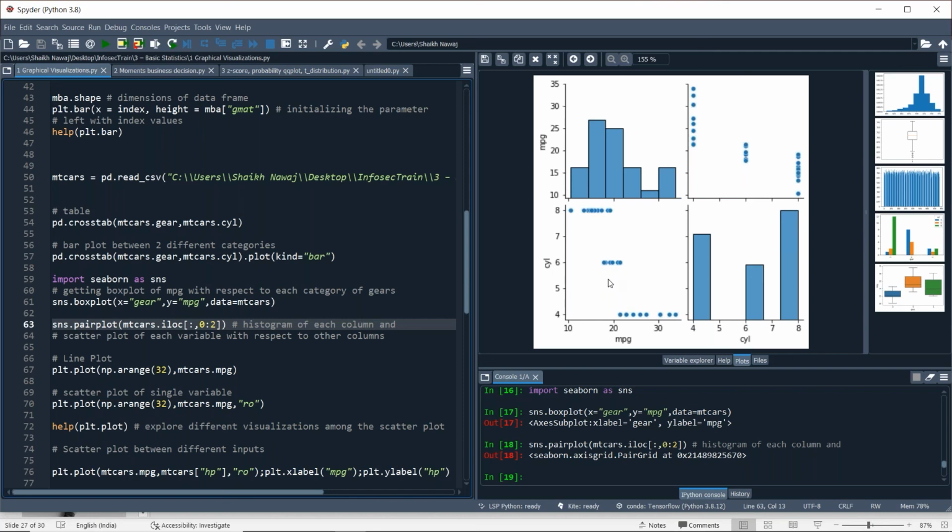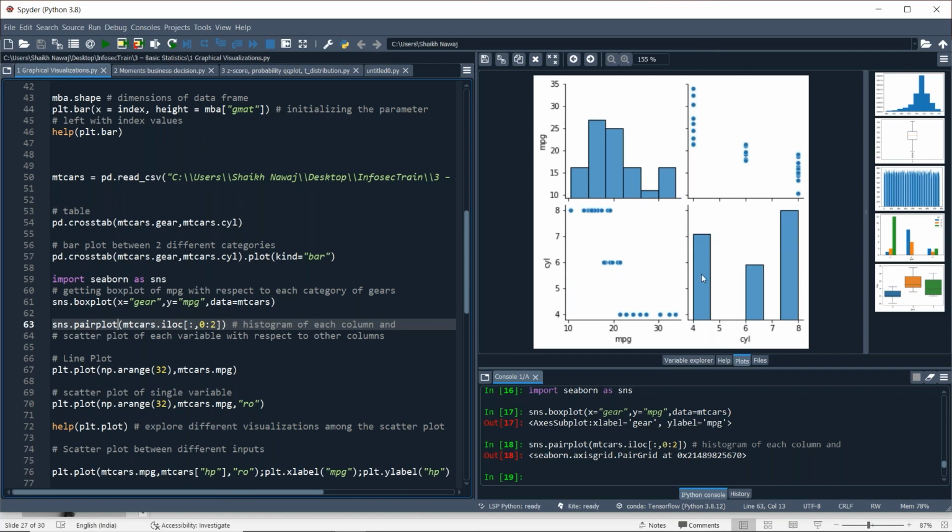Here we have one continuous and one discrete variable. That's why our scatter plot looks like this, because our mpg, miles per gallon, observations are divided into three different parts: for 4 cylinder, for 6 cylinder, and for 8 cylinders.